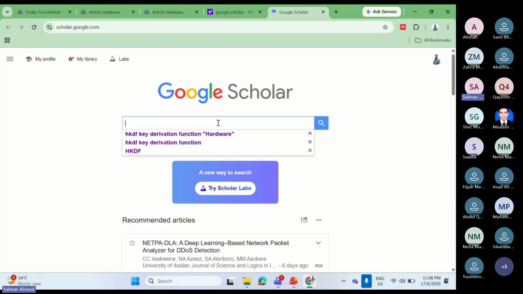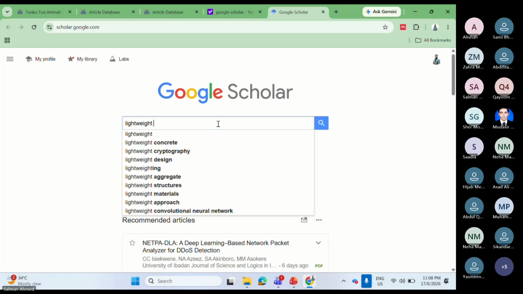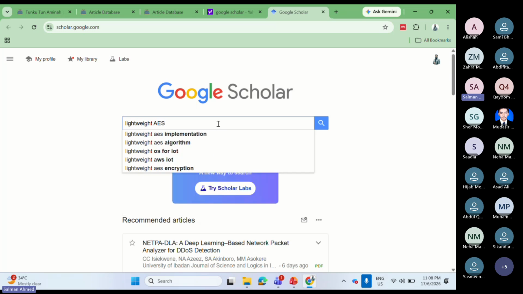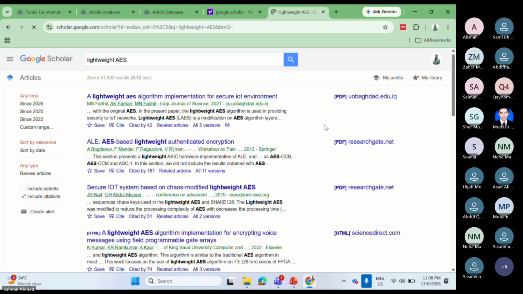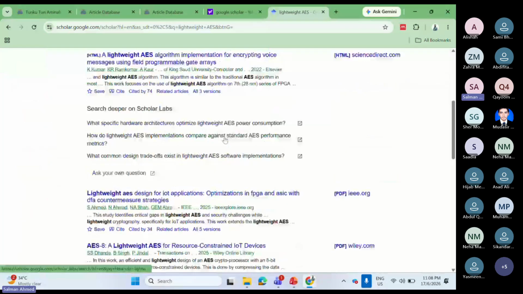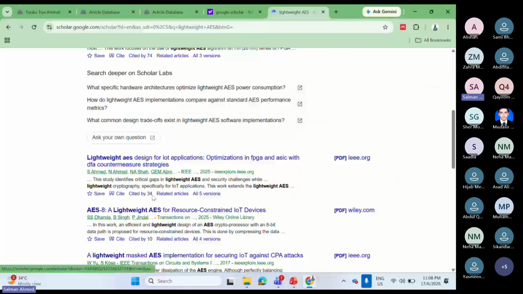Like if I write my search area, lightweight AES, I just write it for now. I will tell you multiple methods to search in Google Scholar. This is the simplest method that I'm using here. So if I write a particular paper, I can find my own paper here.